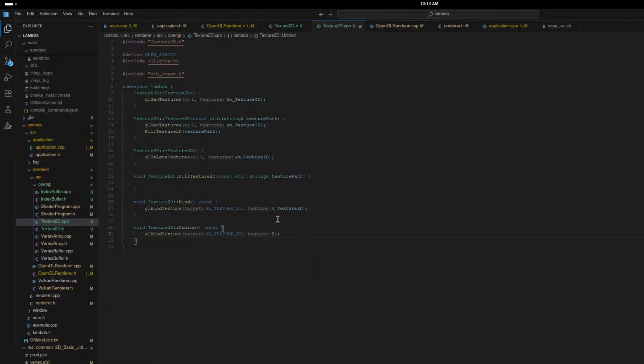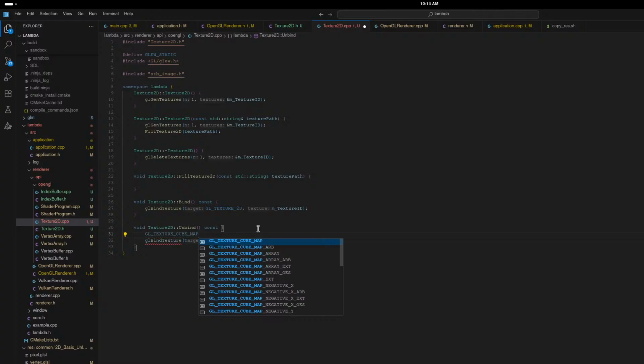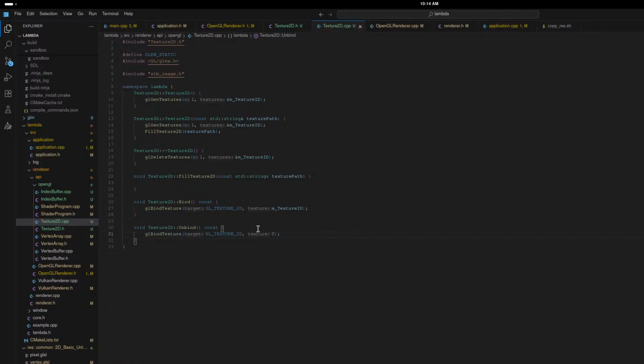Oh yeah, well, I'm pretty sure skybox textures. Oh, it's a GL texture cube map. Yeah, that's a different kind of texture. There's a wide array of different kinds of textures. Anywho,